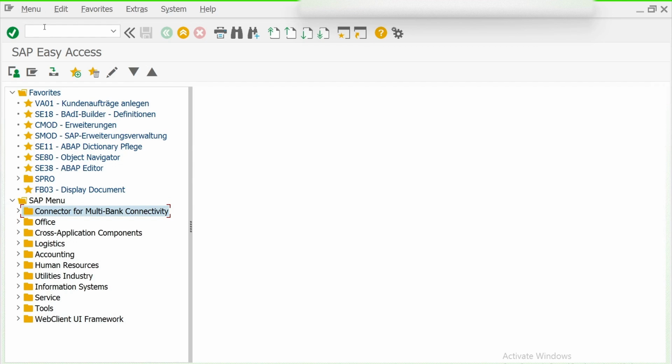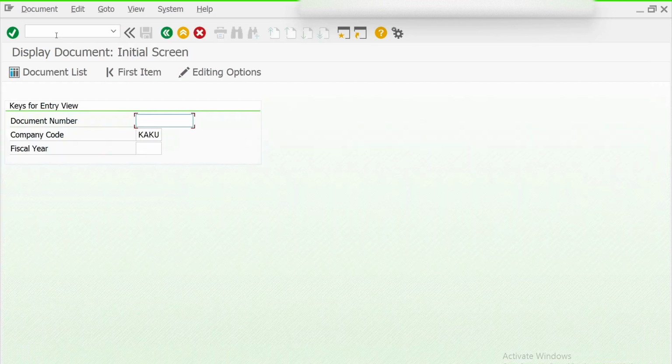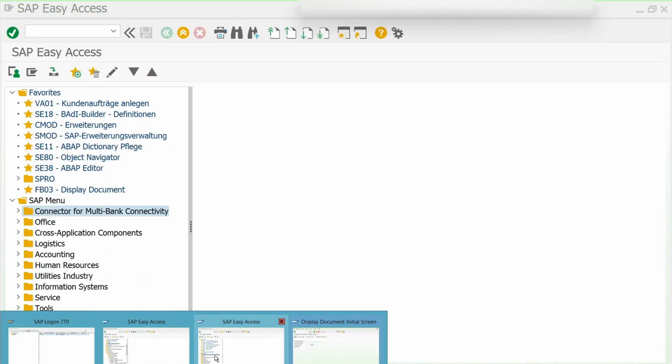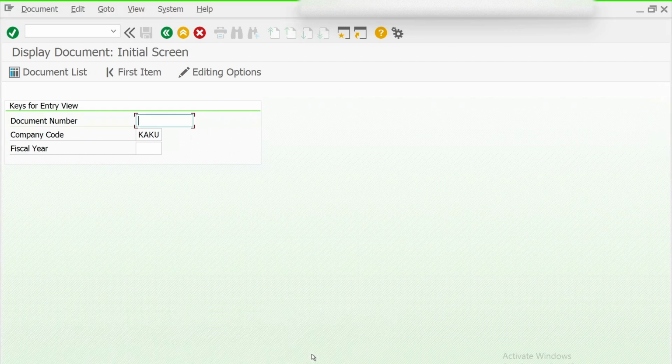So for example, let me open a new session. Okay, so this is the session. And let me open the screen of the accounting document. Now if you see, we have opened three sessions: one, two, three. Now I want to close this particular session using a shortcut.